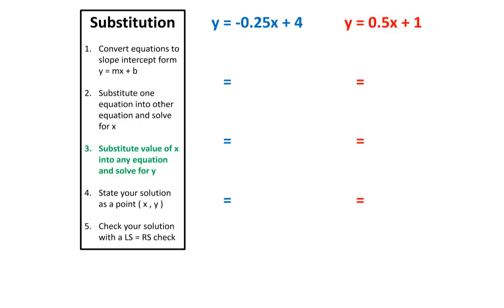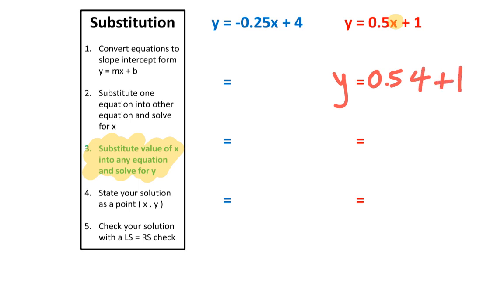The third step is to substitute your value of x into any equation and solve for y. We just found x was equal to 4, which means we can put that number into our blue line or we can put that into our red line. It doesn't matter, the choice is up to you. I'm going to choose to use my red line. x was equal to 4, which means I'm going to replace this variable of x with the number 4. So that becomes y equals